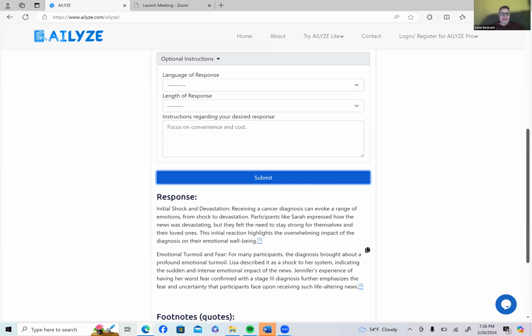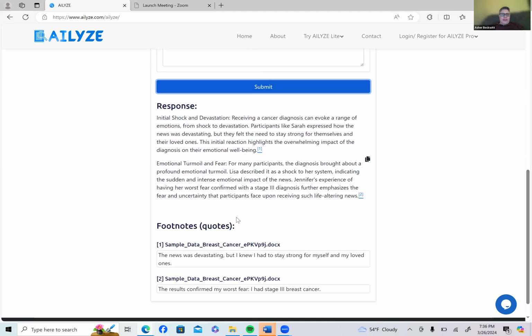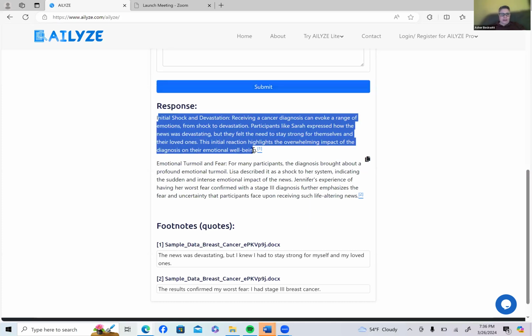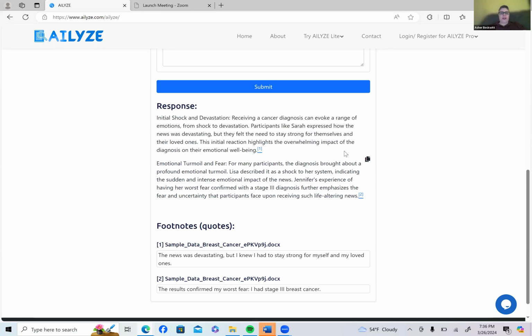So then here, it gives you the sample quotes. Again, the news was devastating, but I knew I had to stay strong for myself and my loved ones, right? And it also gives you the surrounding context around that, which is just so amazing. So literally, you can just take it and copy and paste it from here and pop it straight into a